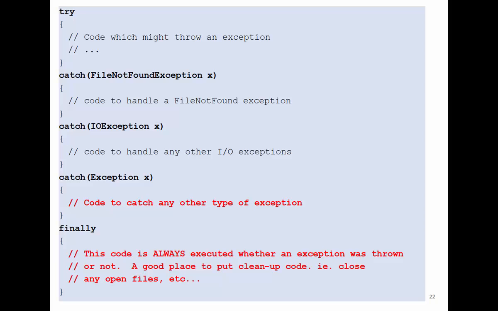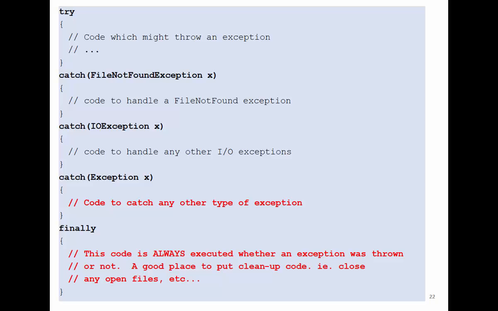Any question? Yes? So in the try part, let's say we have 100 lines of code and the FileNotFoundException was caused by line 2. Yes, we stop execution at line 2. We go directly to the catch. So it doesn't go through all 100 lines? No. We stop execution if line number 2 raises an exception of file not found. We go to the catch part. Is there a specific catch for file not found? Oh, yes. We're going to run this code.